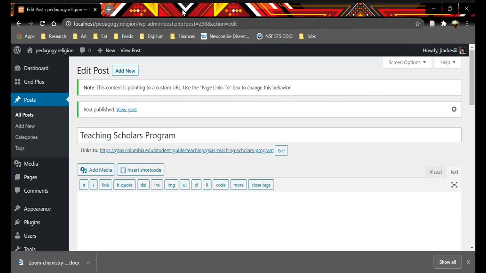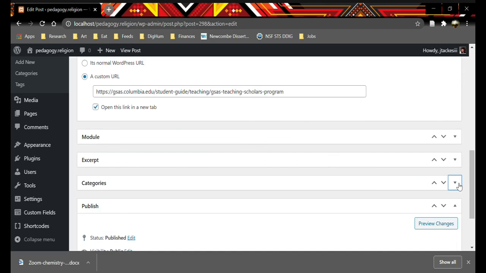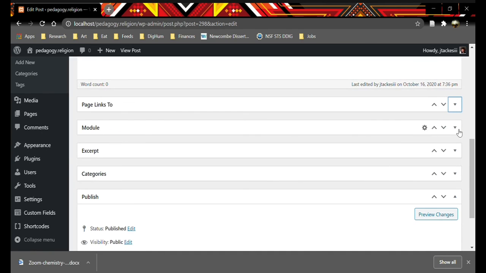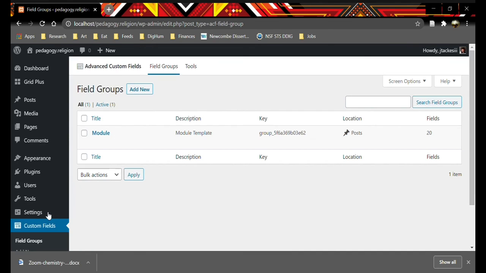There's one last thing I want to teach you in this tutorial, and that is if you're entering in department authored content, but you need more than 10 tabs. Say you have a very intricate teaching module that you need to convey. You can add additional tabs by following a few simple steps. You simply navigate to the Custom Fields button on the sidebar, find Module and click Edit,